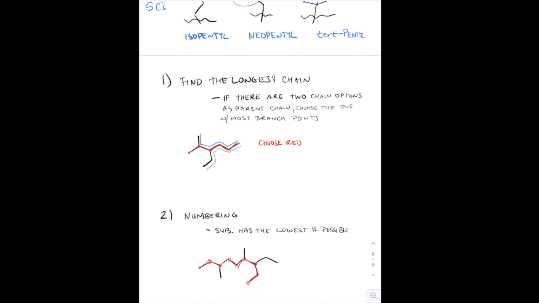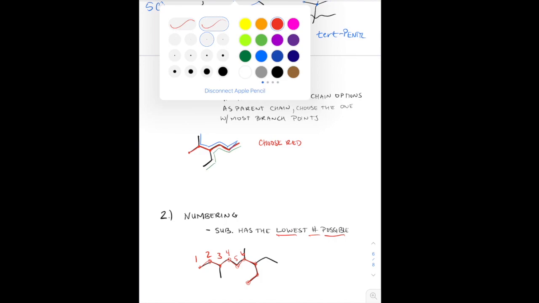And the way we want to do that is by making sure that our substituents, like this ethyl group here, this methyl group here, and this methyl group here, have the lowest number possible. Okay, lowest number possible. And so what that means is if I labeled 1, 2, 3, 4, 5, 6, then that would give me,